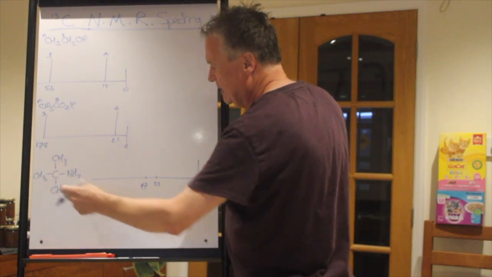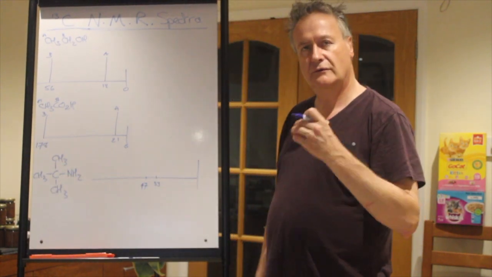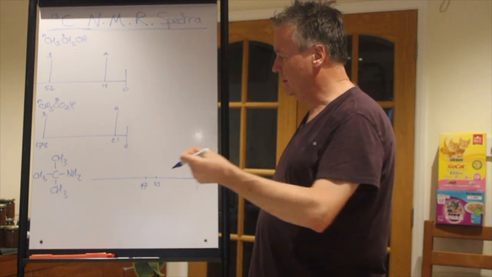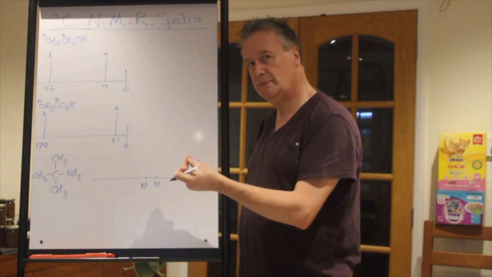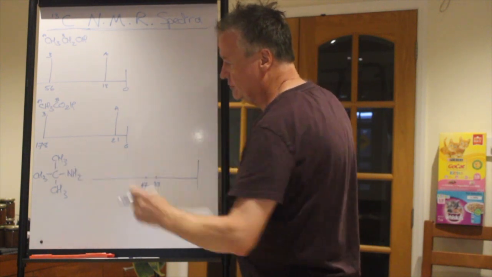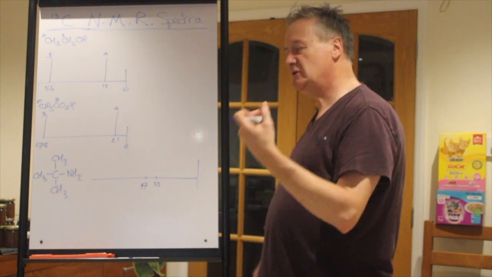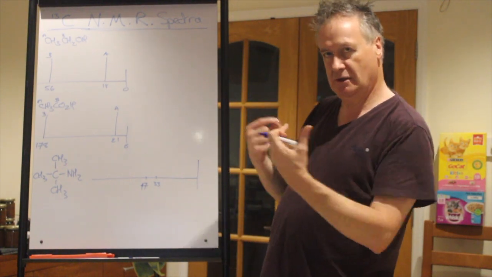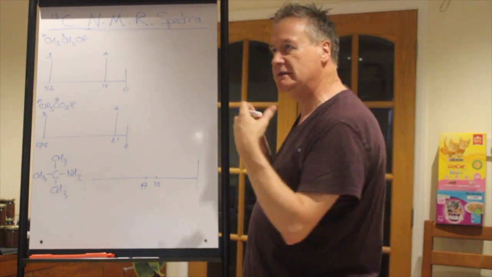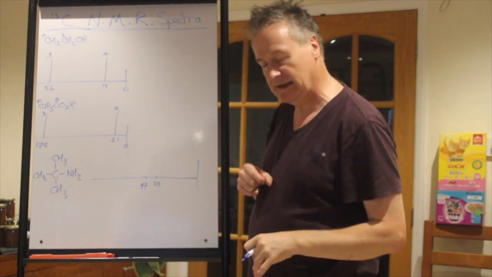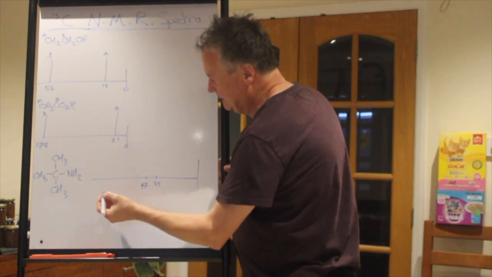The 3 CH3 ones are all identical. Think what that will mean for when I'm going to draw the spectrum. And then the central carbon, which is attached directly to the NH2, will be slightly more, well, unshielded, and therefore the energy will be slightly further to the left. So this one,